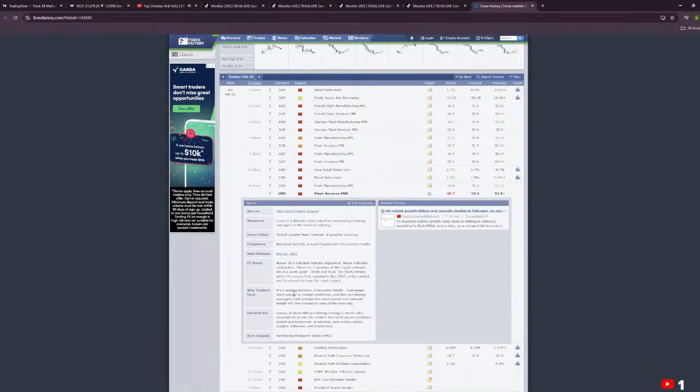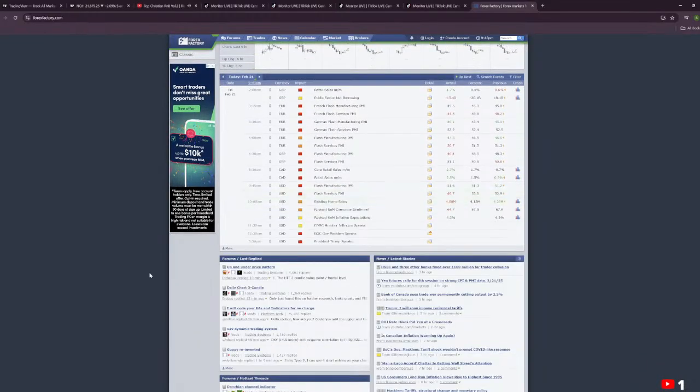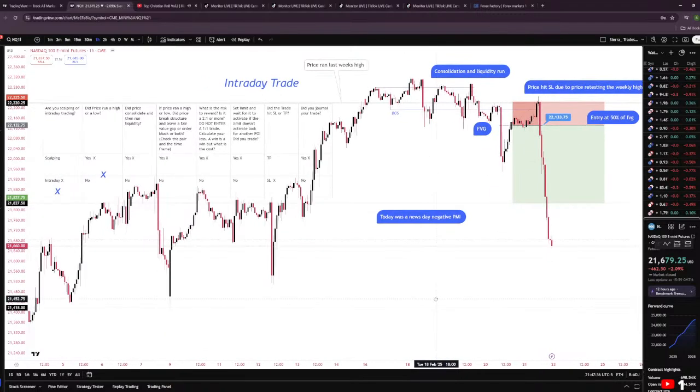Alright, why traders care. It's a leading indicator of economic health. Businesses react quickly to market conditions, and their purchasing managers hold perhaps the most current and relevant insight into the company's view of the economy. Alright, so look out for PMI. PMI is a big one. So let's notate that. Today was not news, but news day, negative PMI. Okay, alright, so I think that's all my notes